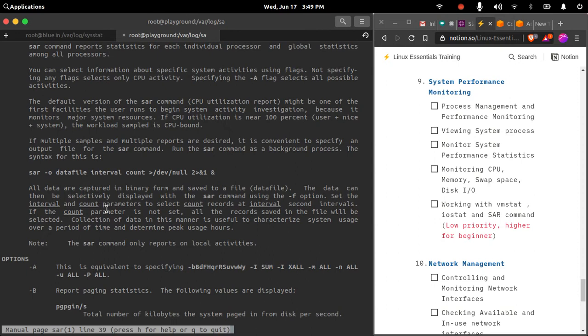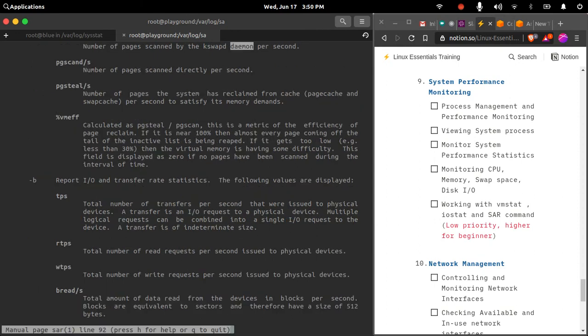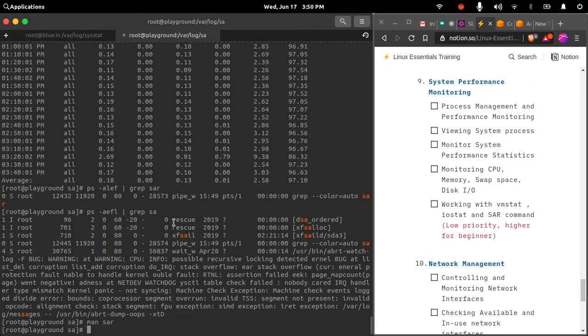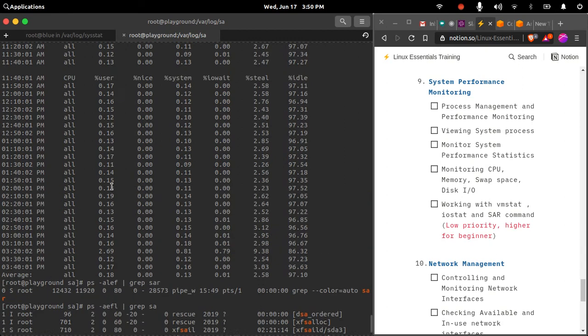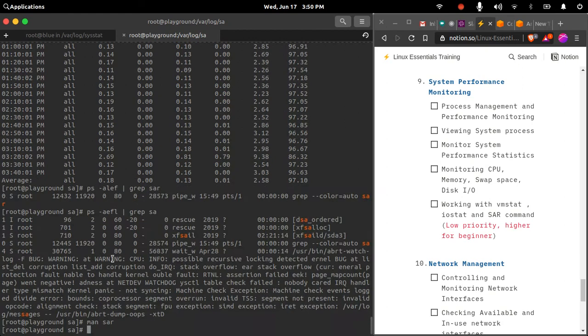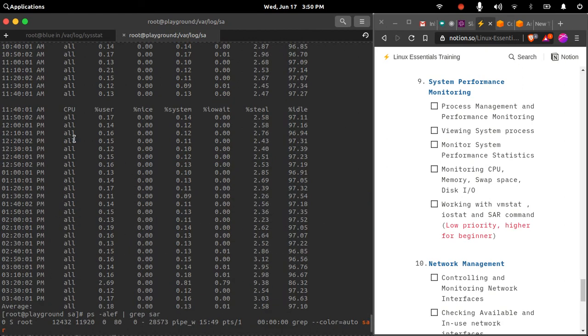Sar. So here, if you see, the SAR command is running, and it is collecting the system information and storing it in the file system.